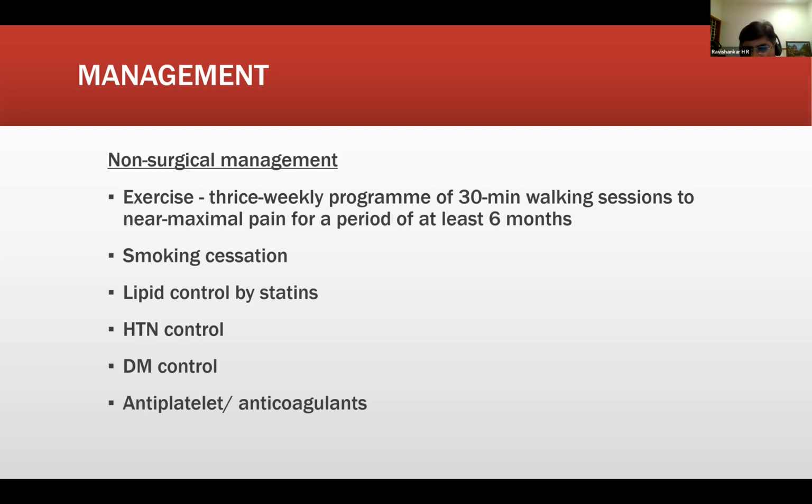Statins are known to improve the cardiovascular situation much more than peripheral vascular disease, but there is something like 17 to 23% improvement. So people who are on statins will have a 23% improvement compared to people who are not on statins, which will be 17. So there is a 5 to 6% improvement in the peripheral vascular disease incidence. But it is more helpful in patients for cardiac and for cerebrovascular. Okay. Hypertension control, again, very important.